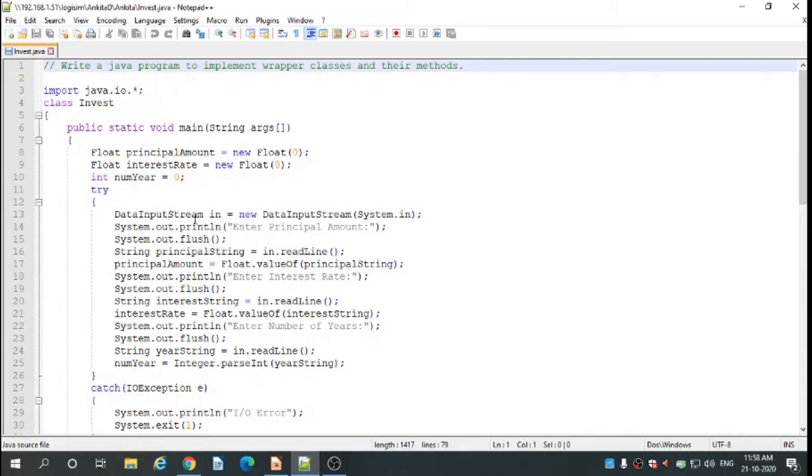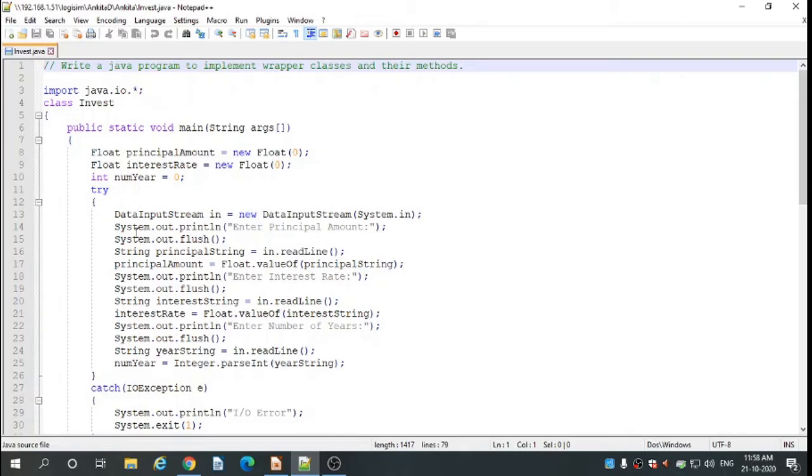Inside the try block, we have created the object for the DataInputStream class, that is DataInputStream in = new DataInputStream(System.in). This DataInputStream class comes from the input output package.